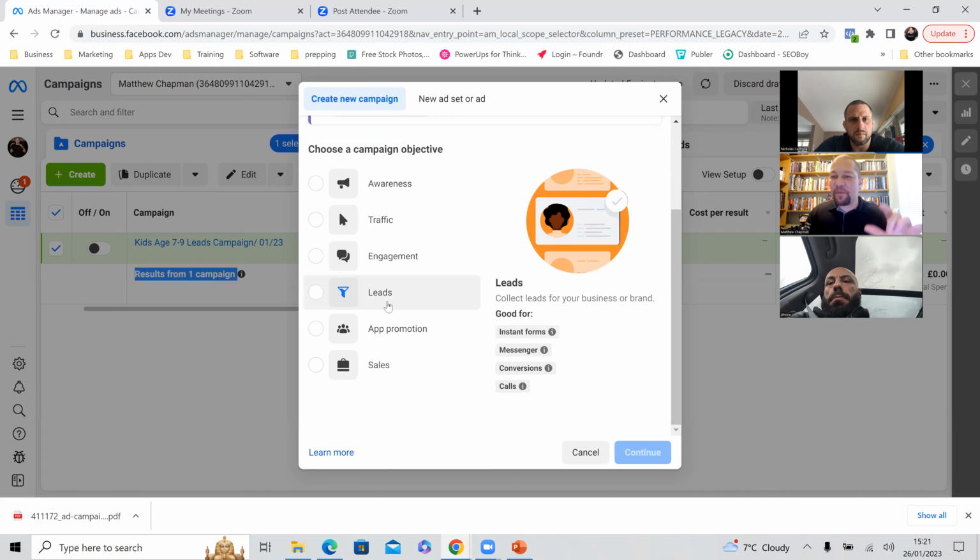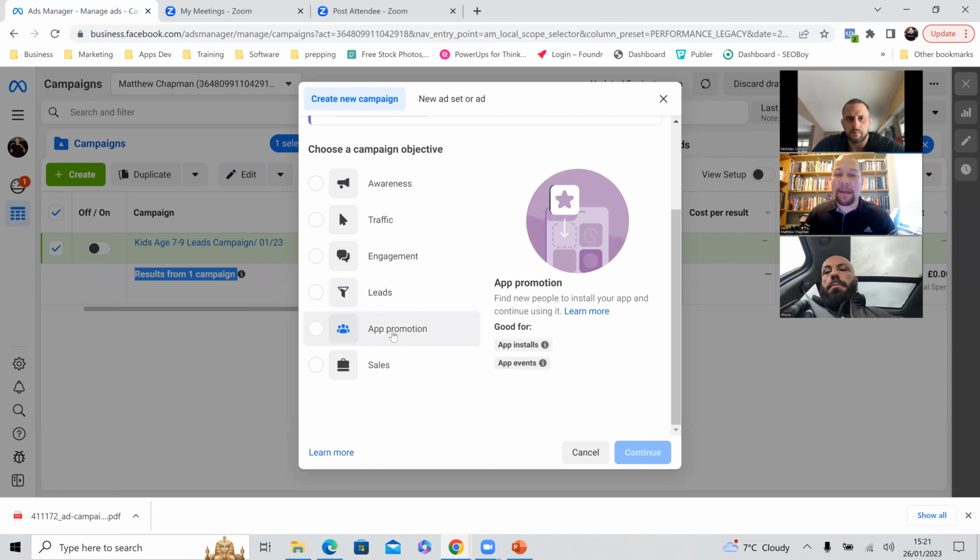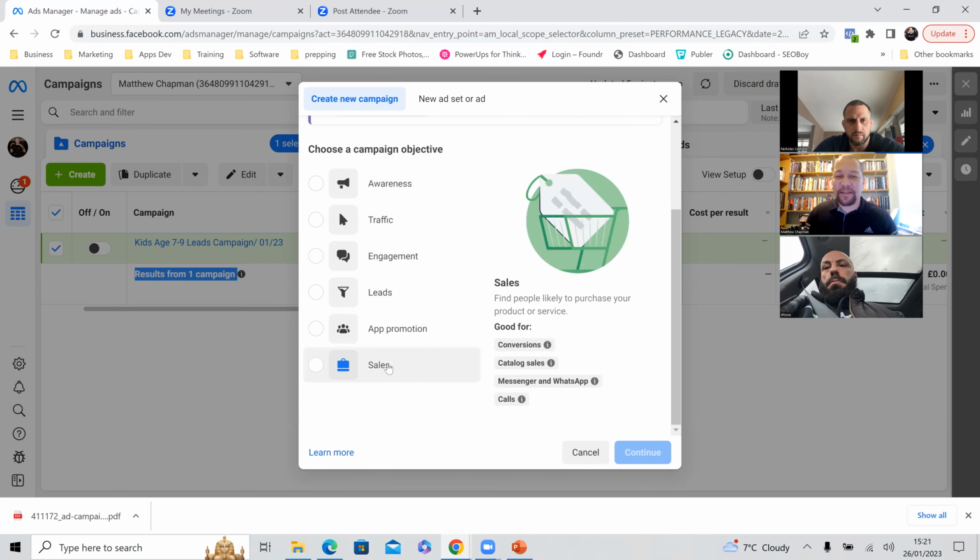A lead campaign is if you want to capture people's data, their email address, a telephone number, get some information from them. So that would be an instant form like we just looked at. A messenger campaign is where they contact your Facebook Messenger, or just directly call you at the business. App promotion is if you have an app for installs, and then sales. So if you're trying to drive someone to register for an event, you want to use the sales conversion event